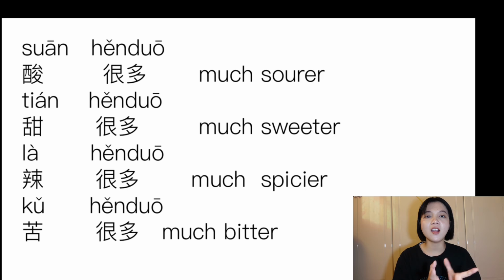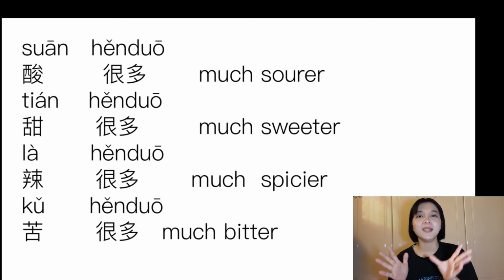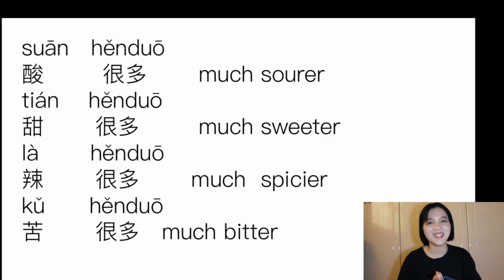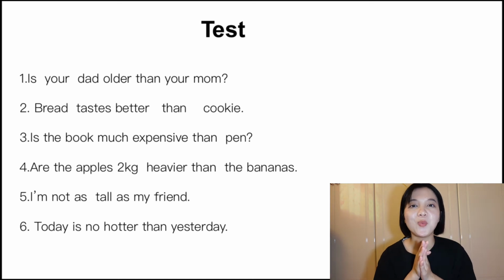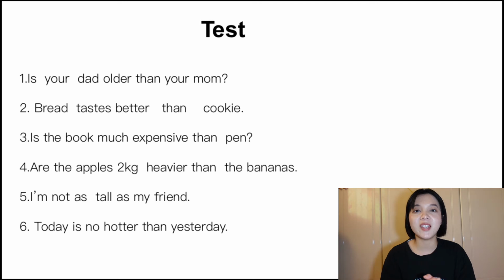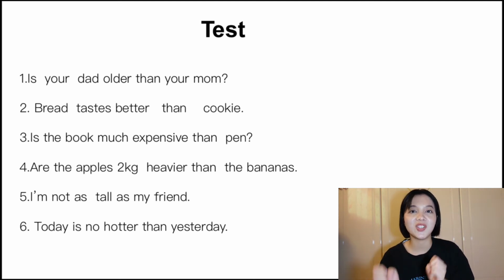And I can say hot pot is much spicier than noodles. 火锅比面条辣很多. So you can combine these adjectives and try to make sentences by yourself. You can combine them with the colors and the food names we learned before. Try to make a sentence by yourself. And before we end this video today, you know what I'm gonna do. So here are a few sentences that I made in English. I want you to use what we learned today and translate them into Mandarin Chinese.